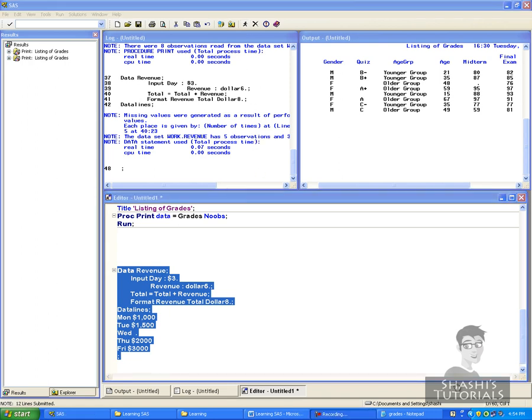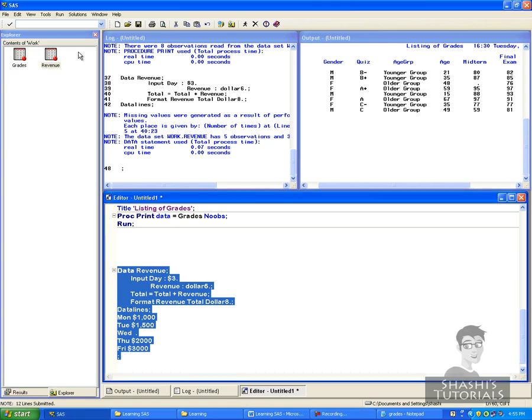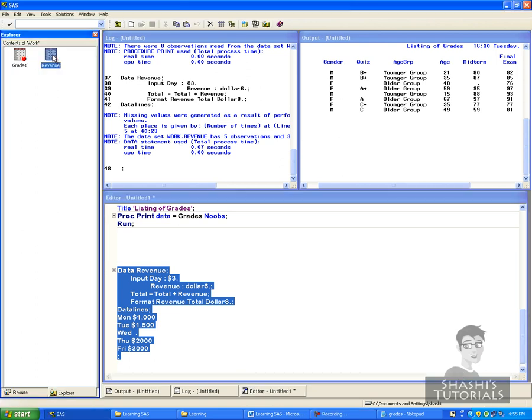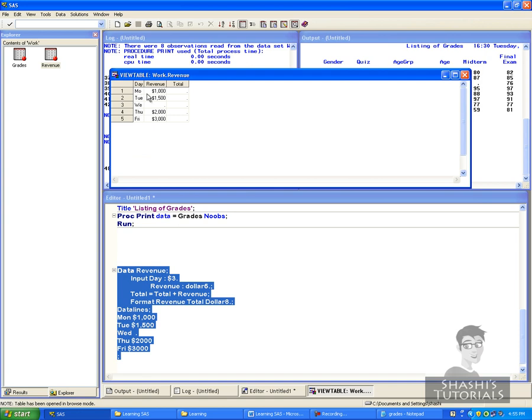So let's see the file revenue. Now you see Monday revenue, the total is nil here. I didn't compute. Tuesday nil here. Wednesday it's missing, so nil here. So when you see this program,